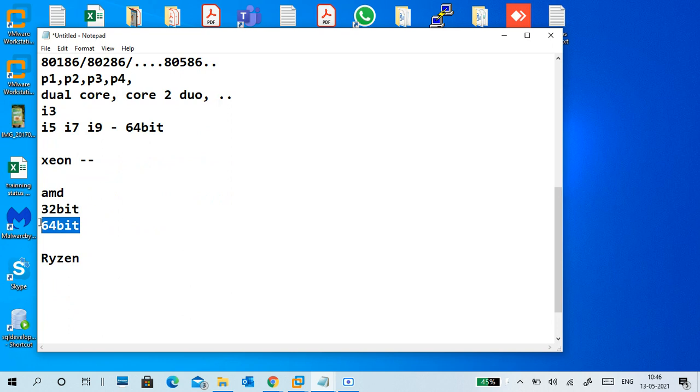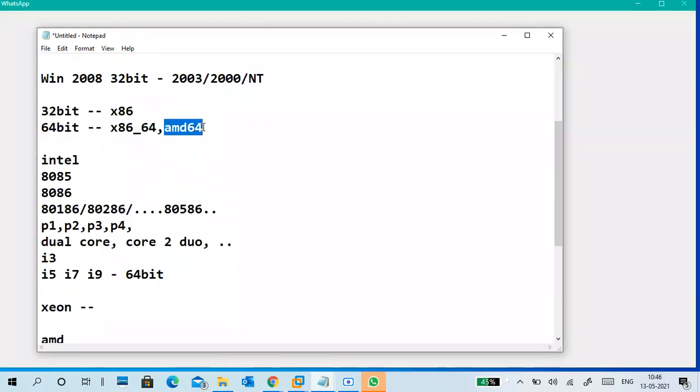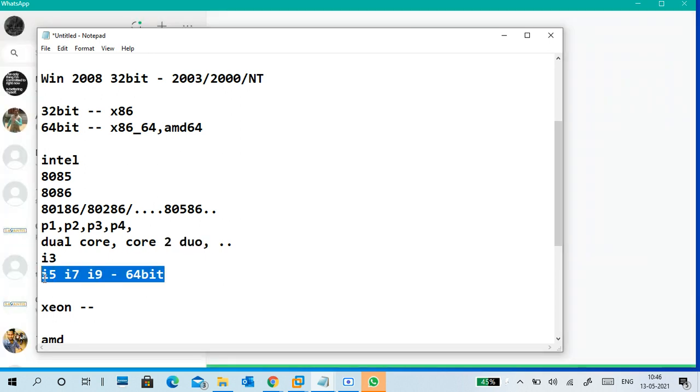Okay, so this is why when 64 came up, the people write AMD 64. But later on, Intel also came with the 64-bit solutions, right? These are our 64-bit processors: Core 2 Duo, quad core processors, i5, i3, i7, i9 processors, Xeon processors, normal Pentium Gold processors.